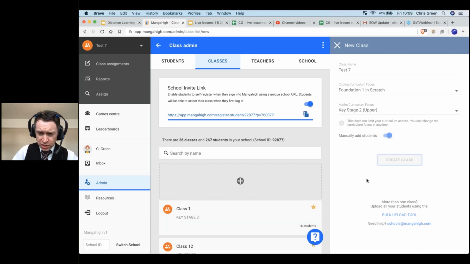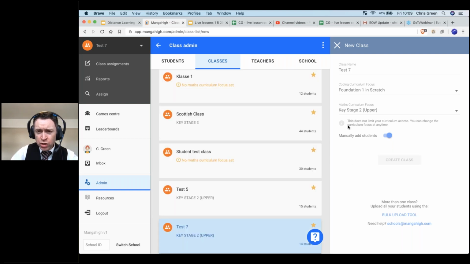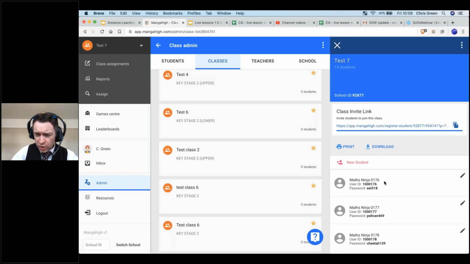So I've now created some generic students. So notice I didn't put in any names at all. I've just created some students. Here are their login details: Maths Ninja 176, Maths Ninja 177. Now, I'd need to download these login details, send them out to the students, and they would put in their own names. It would ask them, what is your name? And they can put in their own name. So that is another option.